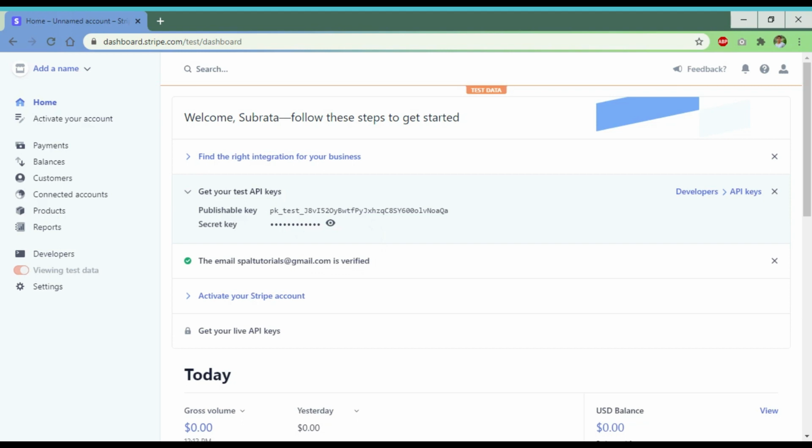Remember that we have to use the secret key, and using this secret key we can charge the customer. When we use this secret key, this account will receive the transferred amount. So I'm going to copy this secret key and use it inside our code.